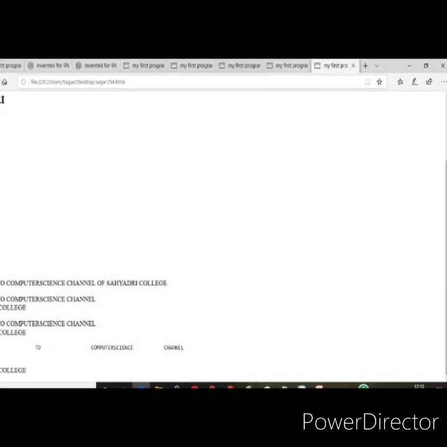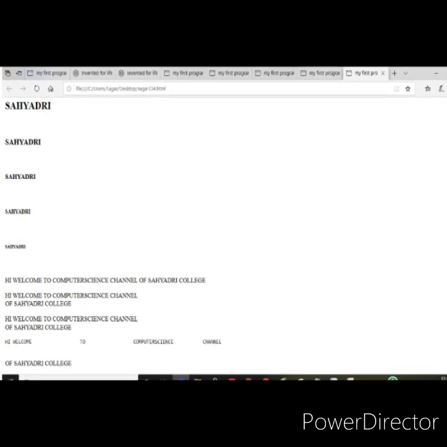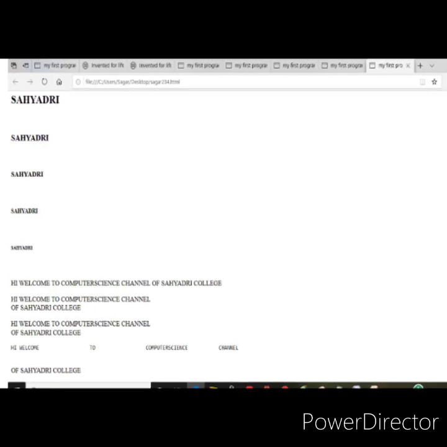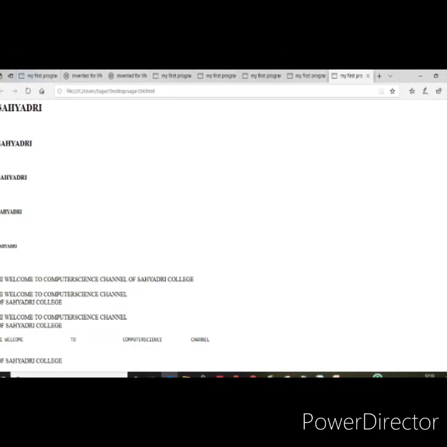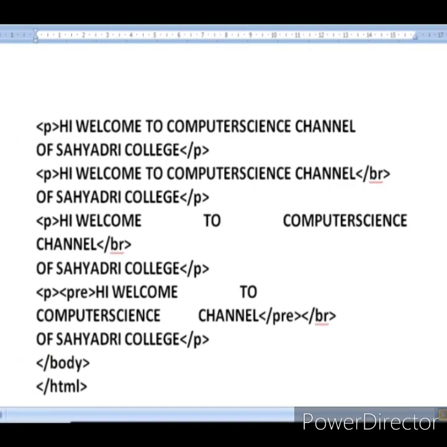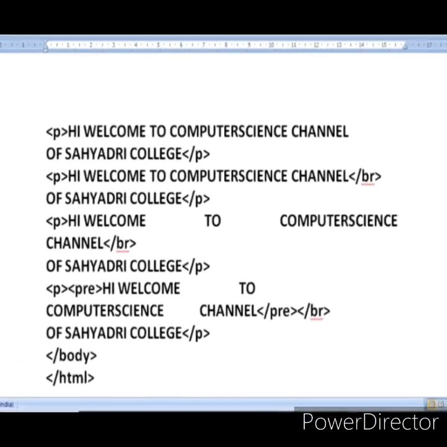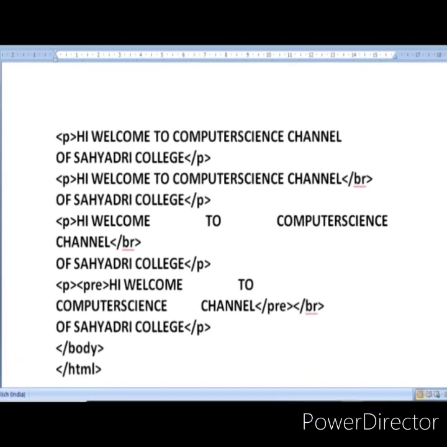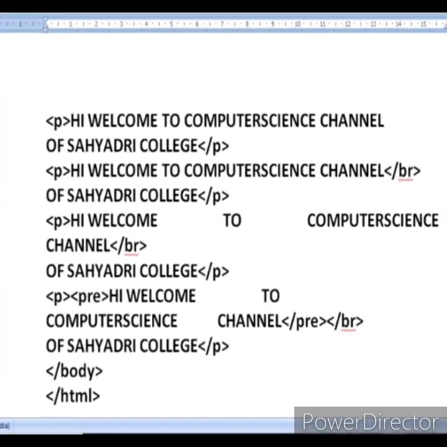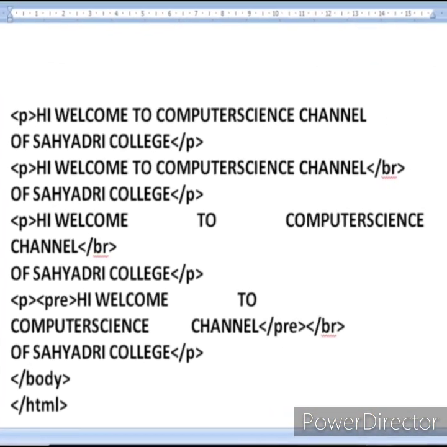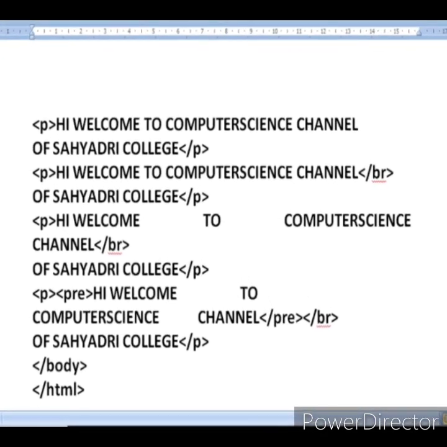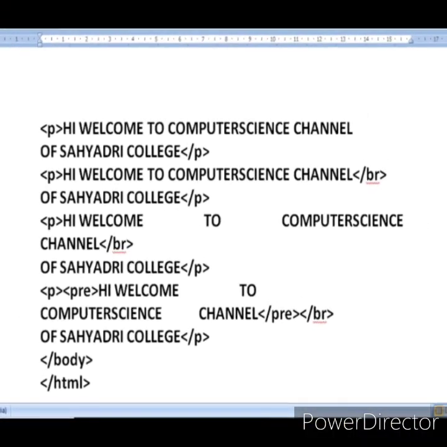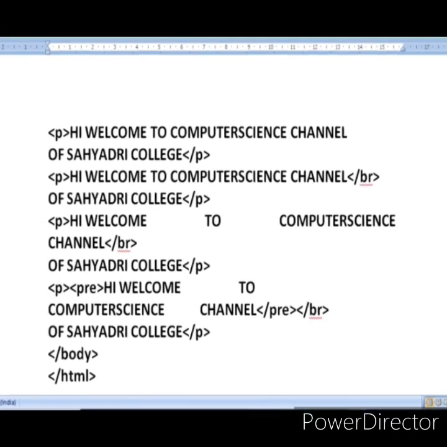That is, whatever the format you have typed the text, that is, you would have given 1 space, you would have given 5 spaces, or else you would have given 10 spaces, all the white spaces need to be preserved. For that, you will be making use of the preserving white spaces, that is the pre-tag. So if you are using the pre-tag, whatever the spaces you have given within the paragraph, the same format will be appearing on the browser screen.